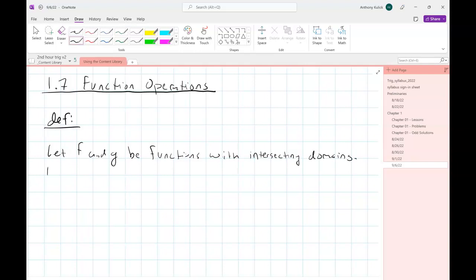Then for all values of x in the domain, and maybe I should say the codomain, the domain in common to both functions,